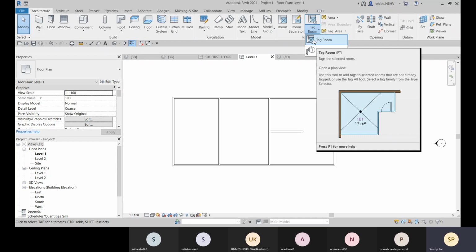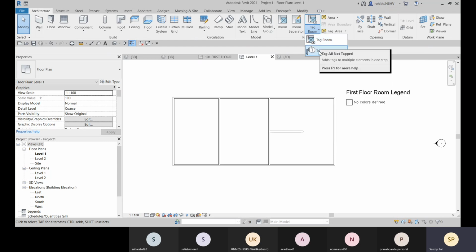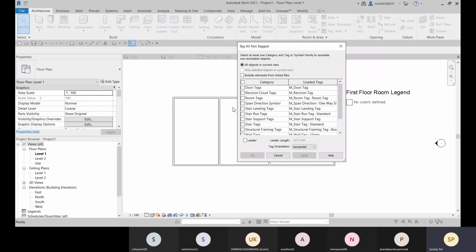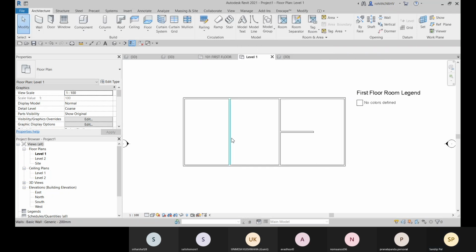Previously I selected this tag room option and applied one by one. You can choose this tag all and then choose this room tag. You can apply this same option for other category objects. So I'll go with the room tag and click on OK.